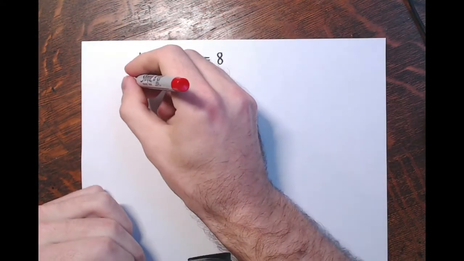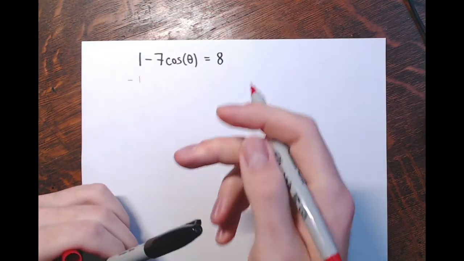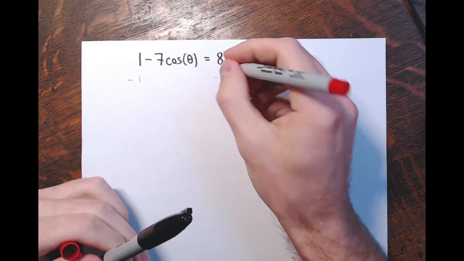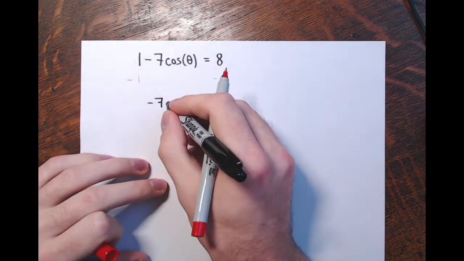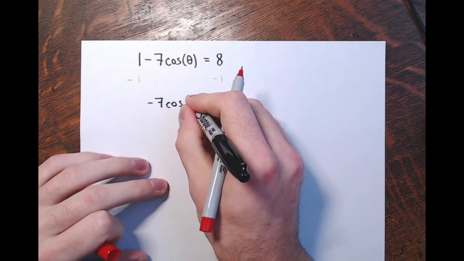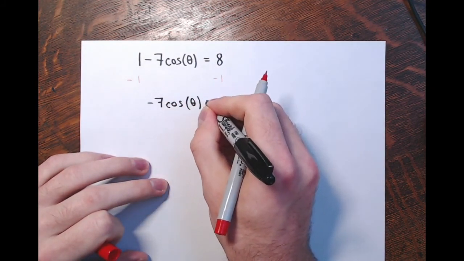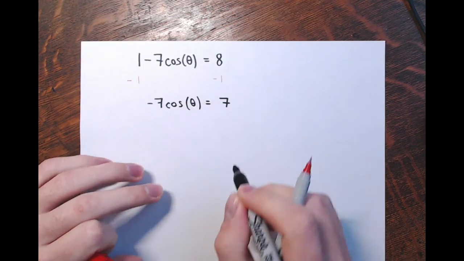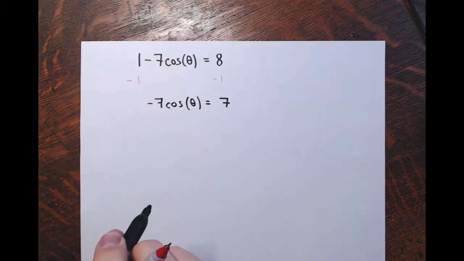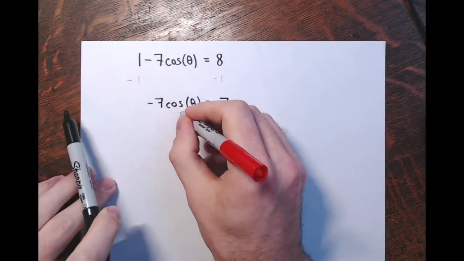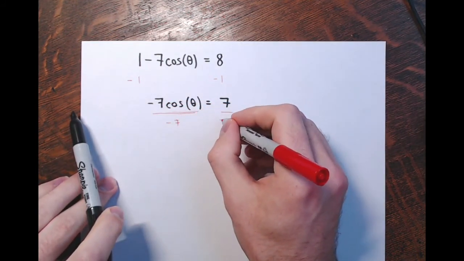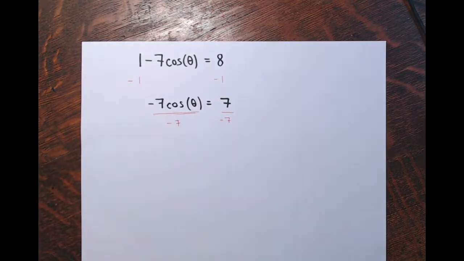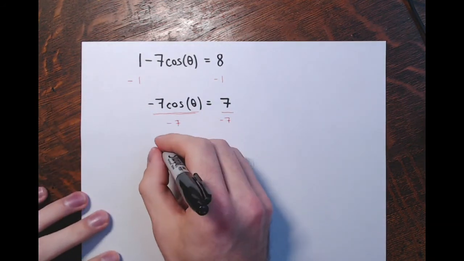To do that, I'd first subtract 1 from both sides, giving me negative 7 times the cosine of theta on the left side equals positive 7 on the right. And then I would divide by negative 7. So that leaves me with cosine of theta